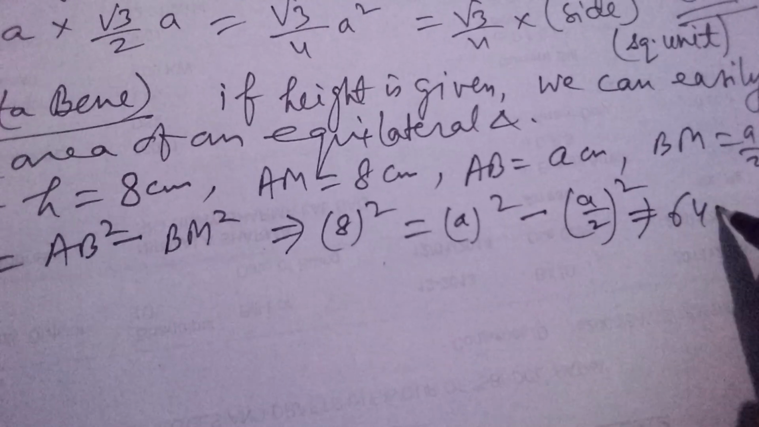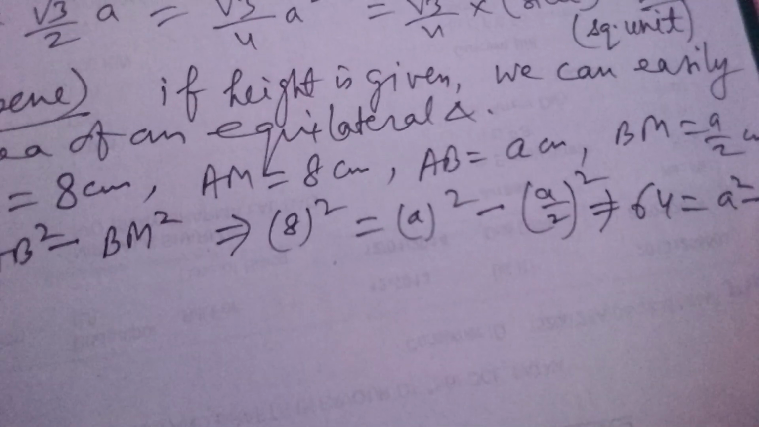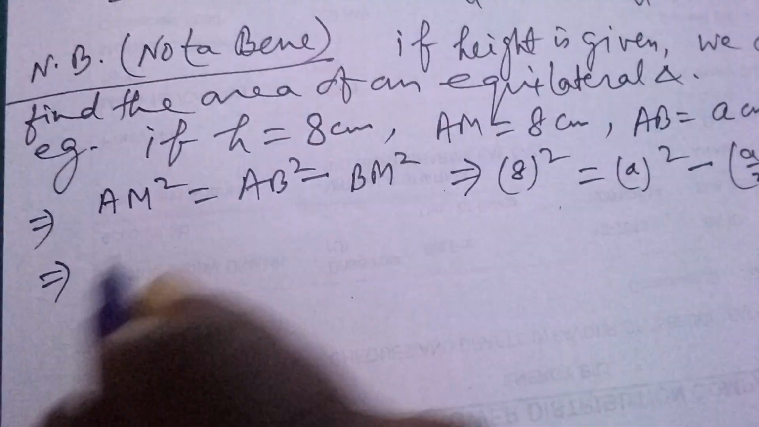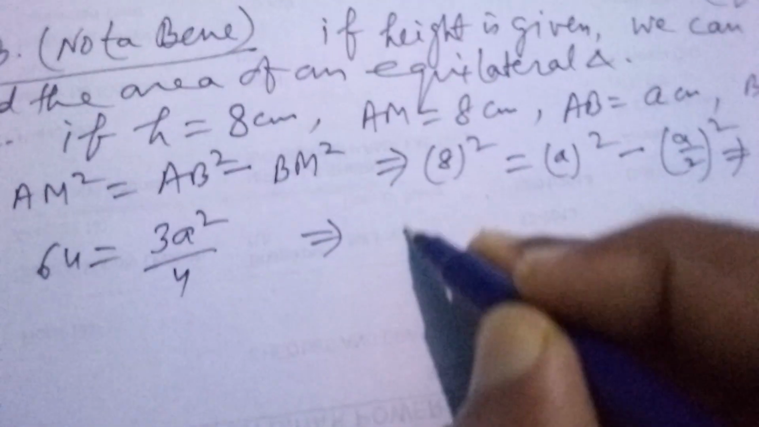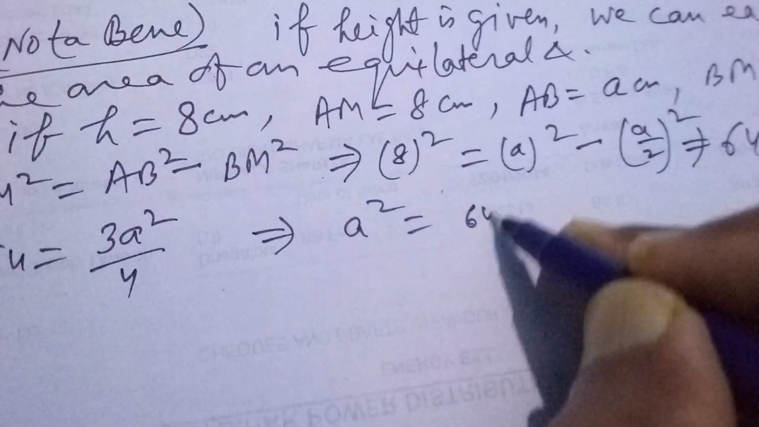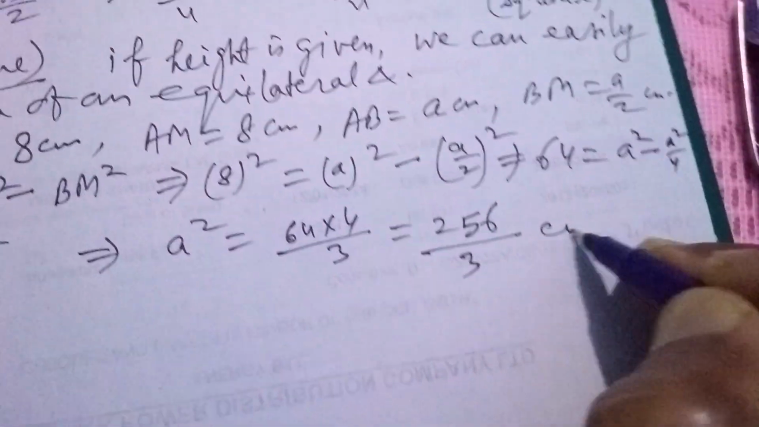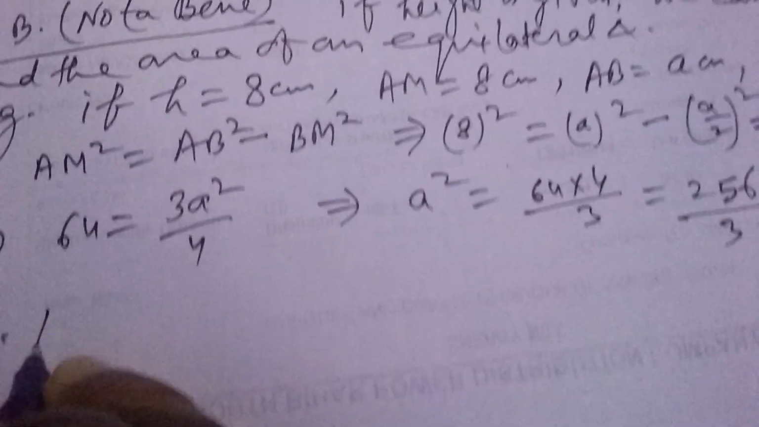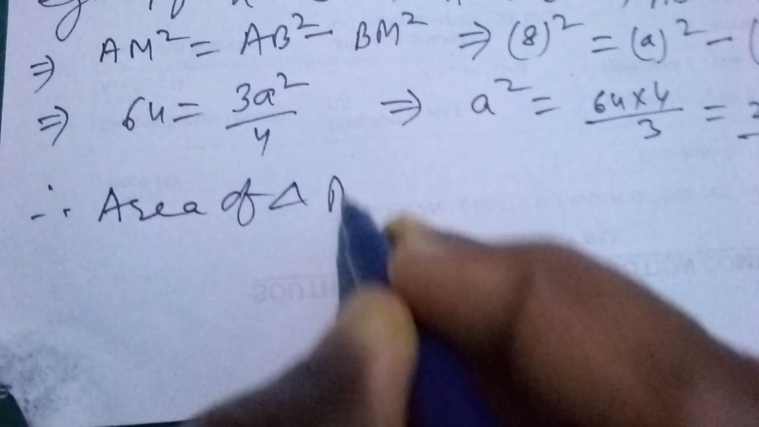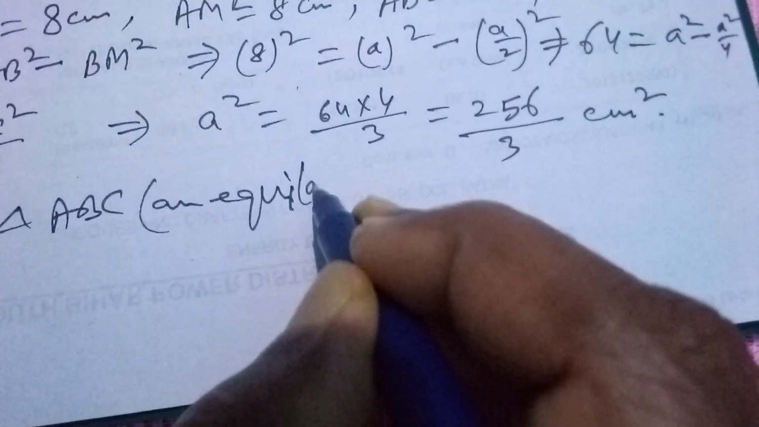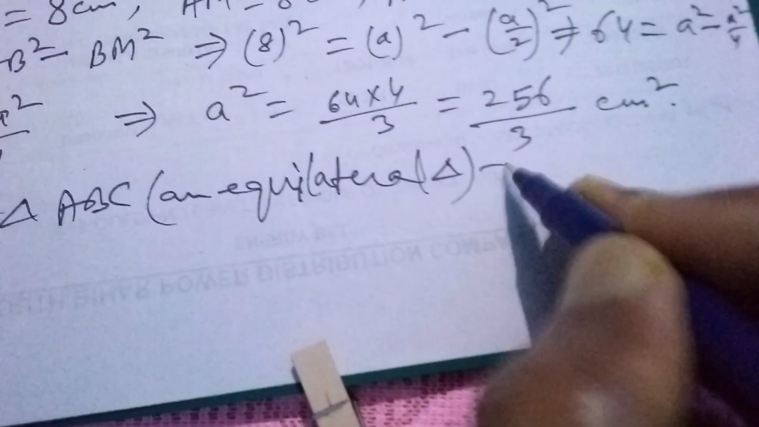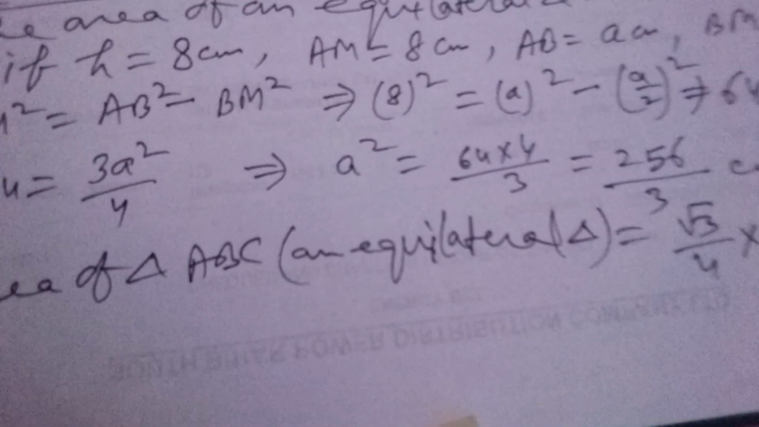Then what do we get? 64 equals a square minus a square by 4. This implies 64 equals 3a square by 4. And this implies a square equals 64 into 4 by 3, that is 256 by 3 cm square. And therefore we can write the area of triangle ABC, which is an equilateral triangle, equals root 3 by 4 into side square, that is a square, and here the a square value we have